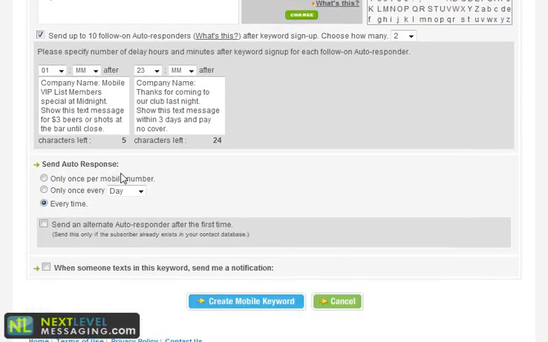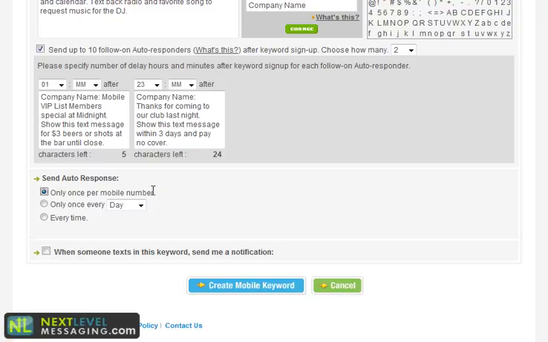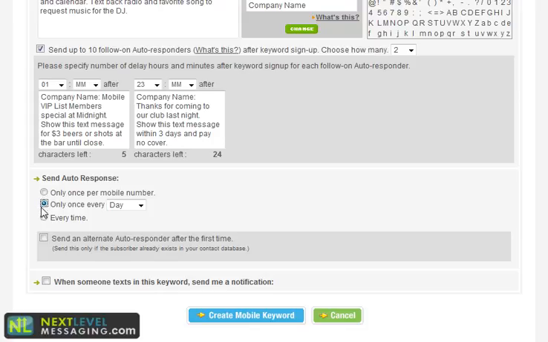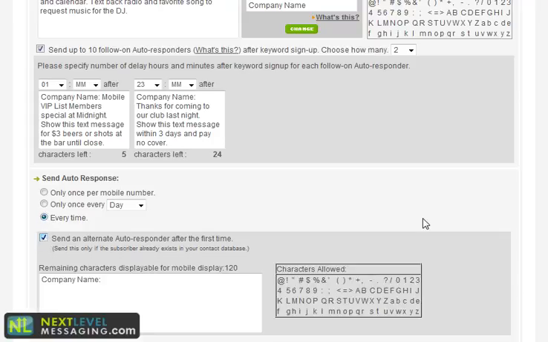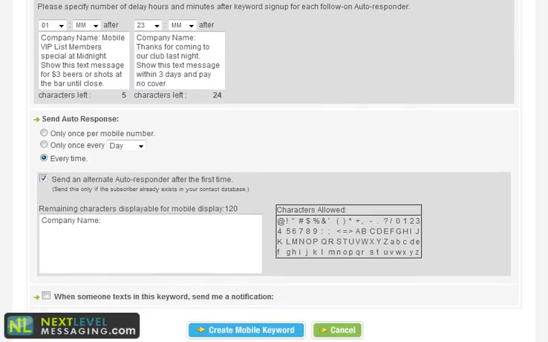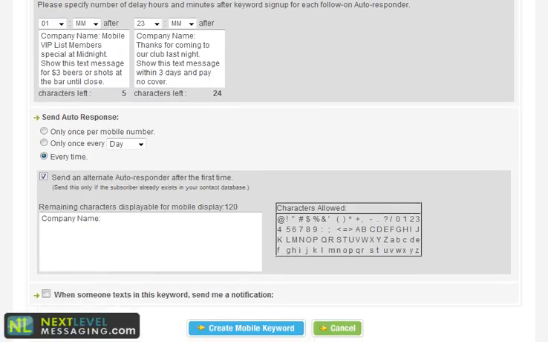So another thing is typically only once per mobile number is the auto response. We can also select an alternative auto response for people that have already texted in after their first time. Now we can do so by collecting only once every day, or also sending the auto response every time. So go ahead and click send an alternative autoresponder, and again this is letting people know, for instance, they've already